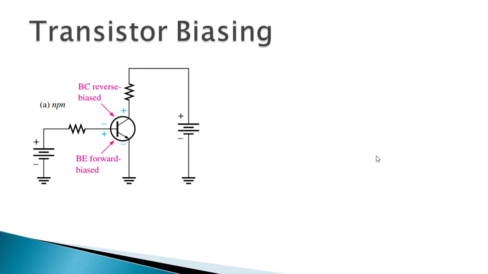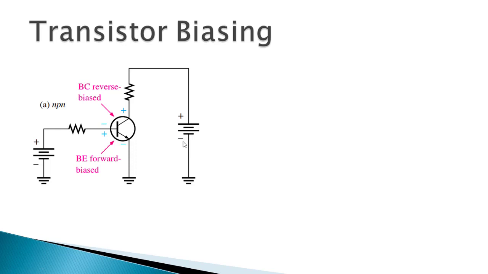So for a transistor operation, we should know the condition, that is, the emitter base junction should be forward biased and the collector base junction should be at reverse bias. Then only the transistor will operate in an active region. For the transistor operation, we already studied the base emitter junction is forward biased and the collector base junction should be at reverse bias. So in that, this is the input bias voltage, DC voltage. This is VCC, output bias voltage.